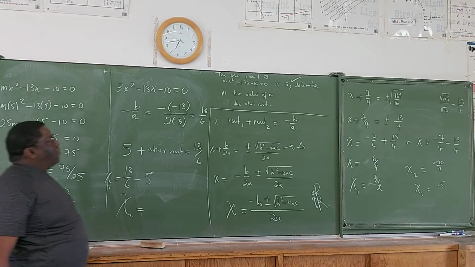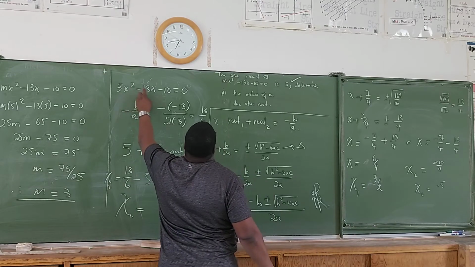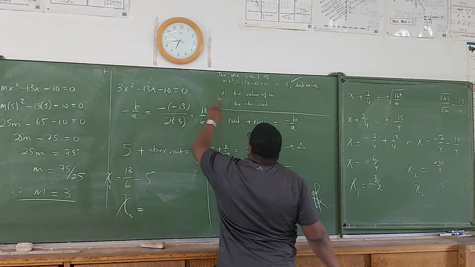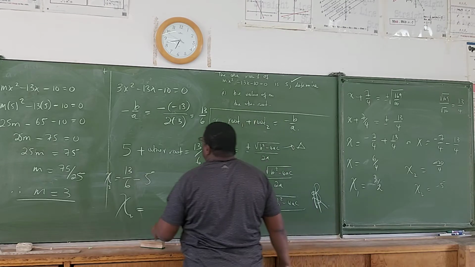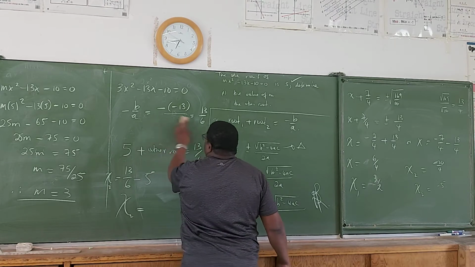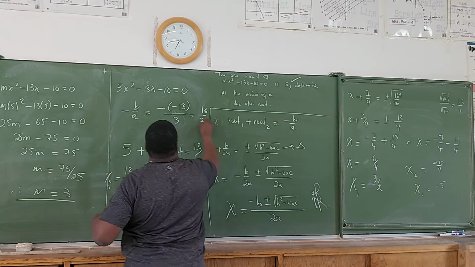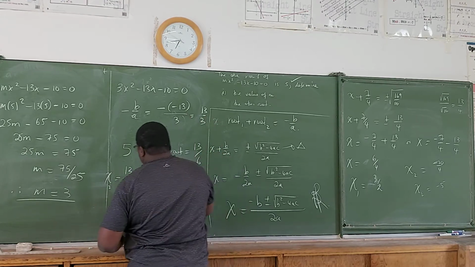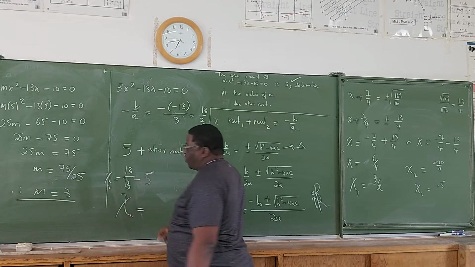Okay, did we not make a mistake somewhere? We did. We put a 3x minus here. 13x minus 10 is equal to 5. a is not 6, a is 3. My goodness gracious. 2a. Just a. Yes, a. Yes, a is what? 3. So here we have 3. Okay, so now we can get the other root, which is